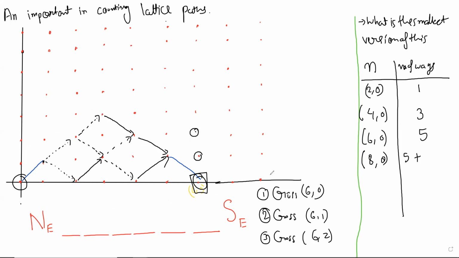So let me just say that again. I think that I didn't say it properly. So if we try to focus on passing through 6, 2, let's say this is the question. You want to pass through 6, 2. So if you're going to pass through 6, 2, which means this point, then that means that after this, you better make this move. Right? If you're passing through 6, 2, you have to make this move,